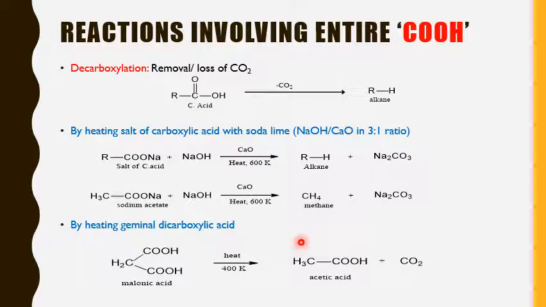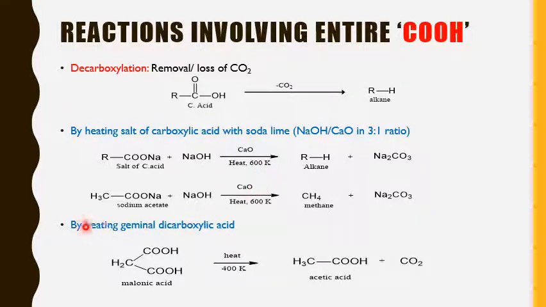If you want to have ethane, you have to take propanoic acid. That means if you want to get an n alkane, you have to make the n+1 salt of carboxylic acid. So if I want ethane, I have to have the salt of propanoic acid. If I want butane, I should have the salt of pentanoic acid, because one carbon will be eliminated as carbonate.